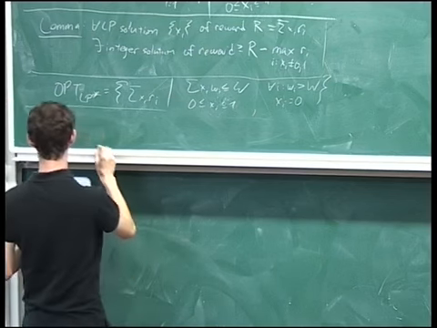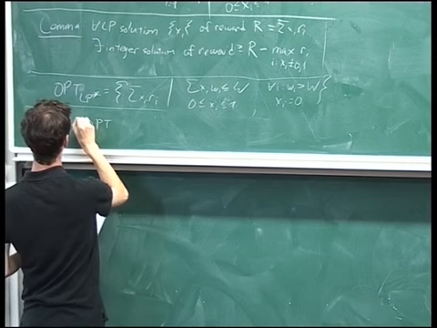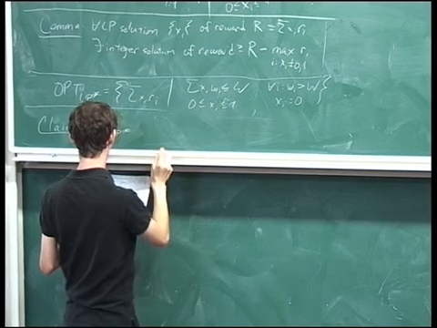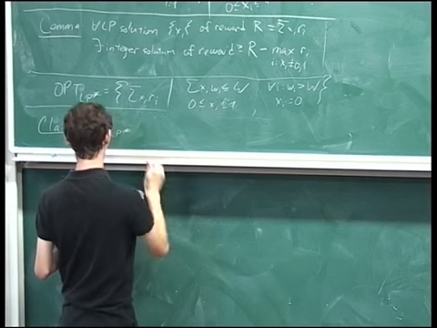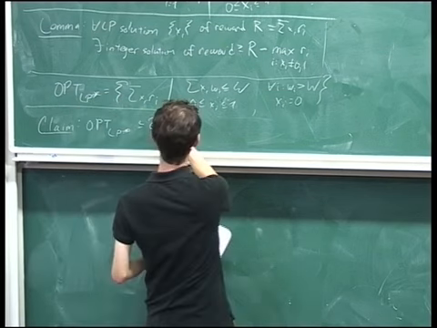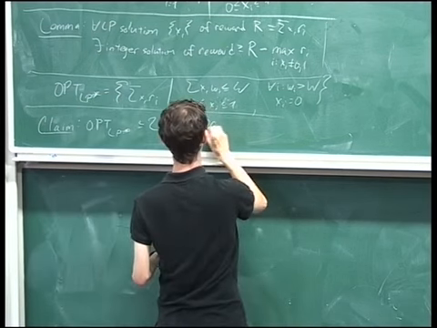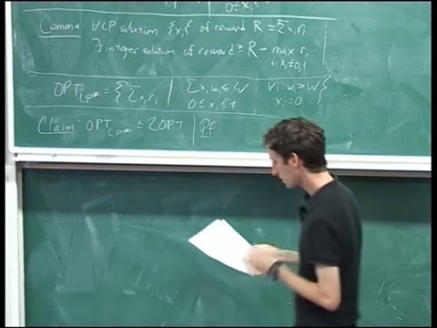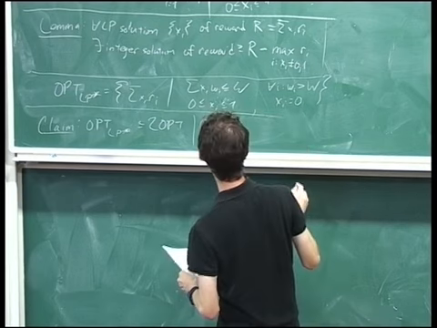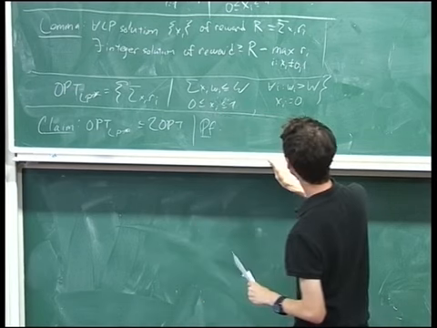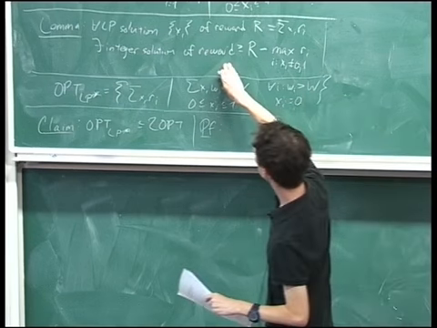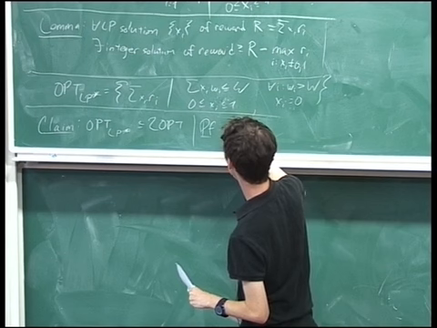Okay, and the optimum of this new LP is at most 2 times the actual optimum. And the proof is very simple. We just use the lemma, right? So if we look at the, okay, so if we take the optimum,